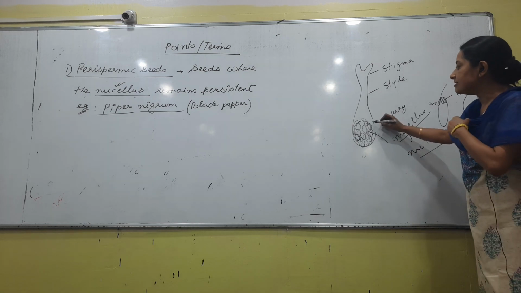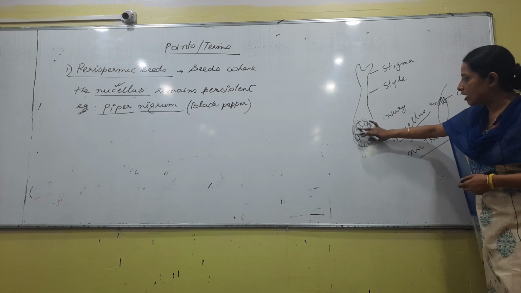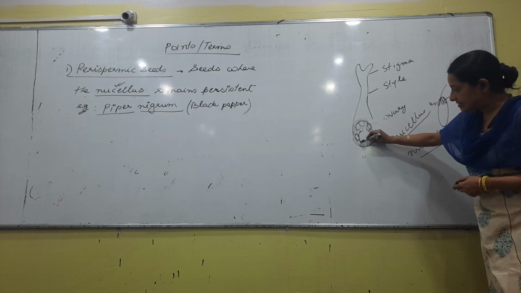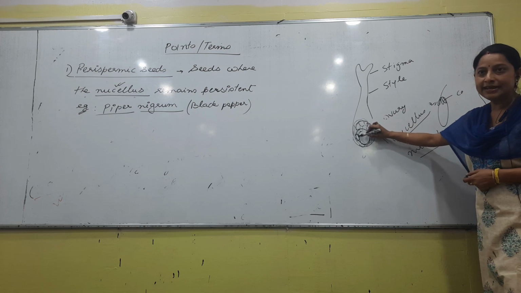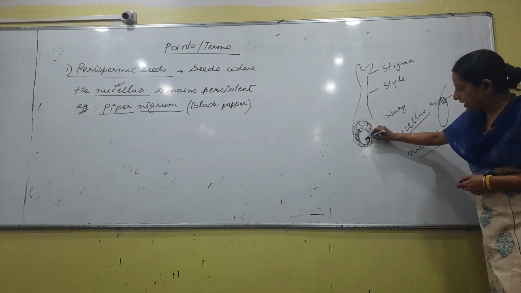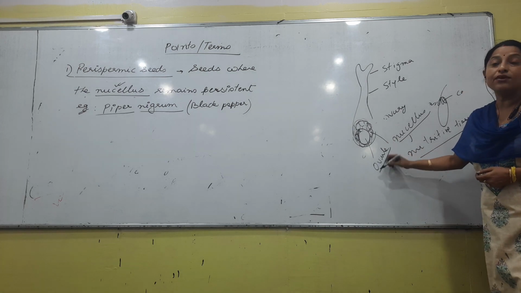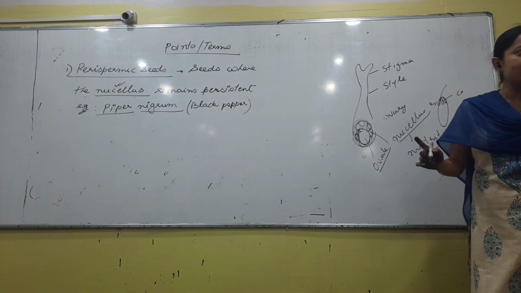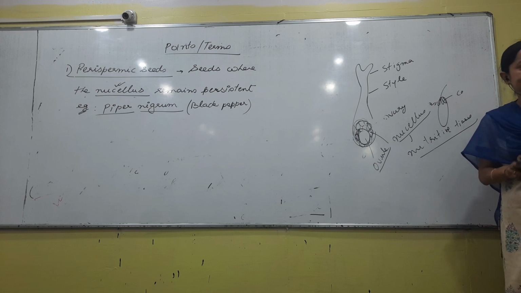So, what happens is, out of all the cells of the nucellus, one cell becomes big. Initially there were many cells. One cell will become big and it will develop as an ovule. So, ultimately who forms the ovule? It is the nucellus that forms the ovule, or the ovule develops from the nucellar cells, right.